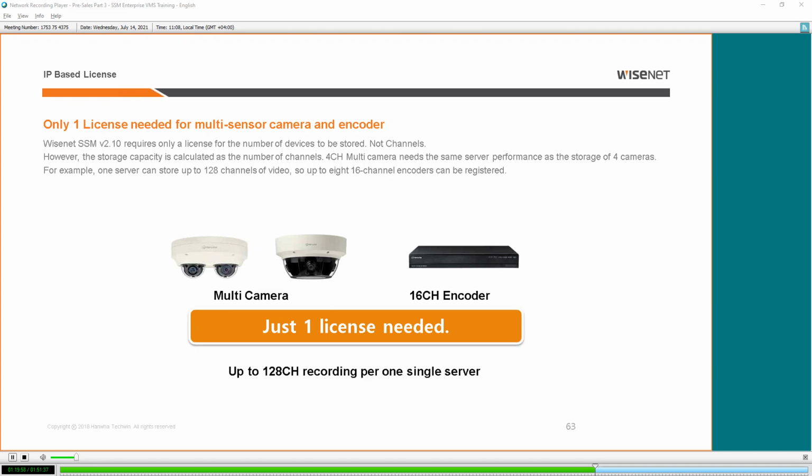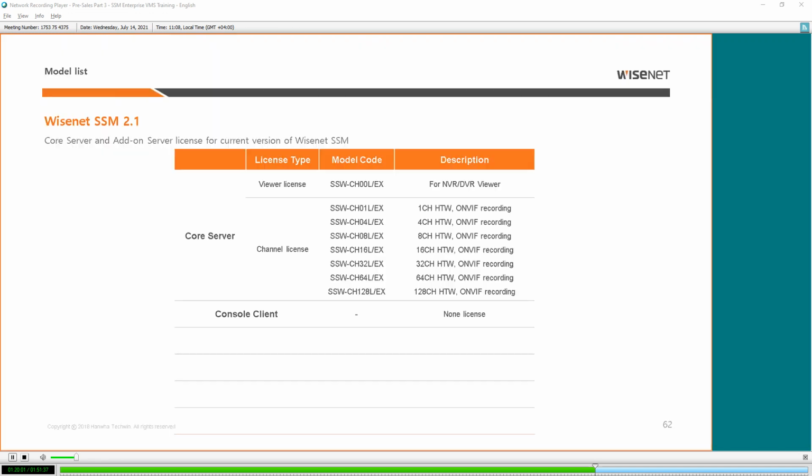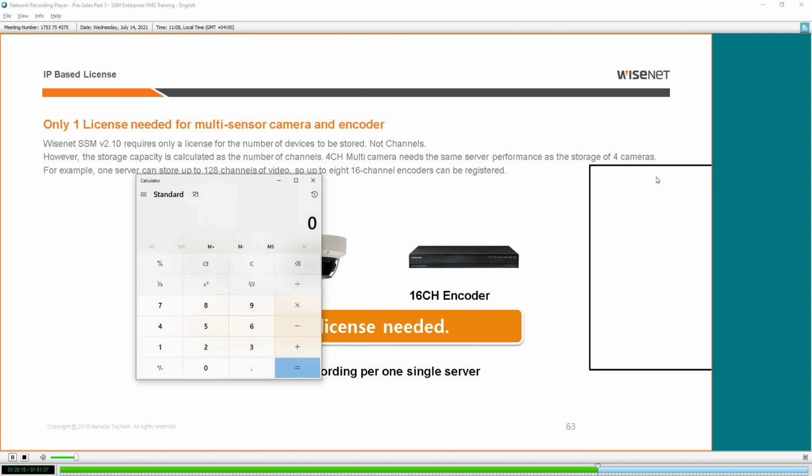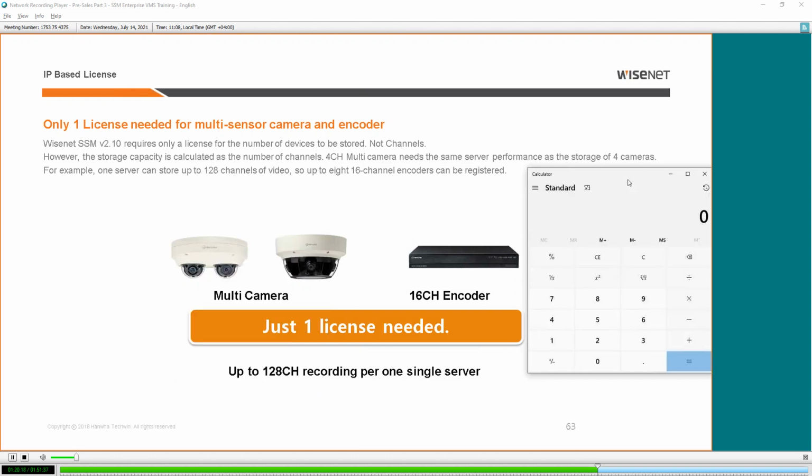Okay. Now we recommend, if your server is 128 channel, 128 cameras, we recommend not to exceed 128 channels, although you use multi-direction. Okay. We will take an example. I will just do a quick short one here. Maximum per server 128 cameras. If you use a 4 channel camera, 128 divided by 4, you can connect 32 cameras. Okay, and you take 32 licenses because each of the cameras will take a load of 4 cameras.